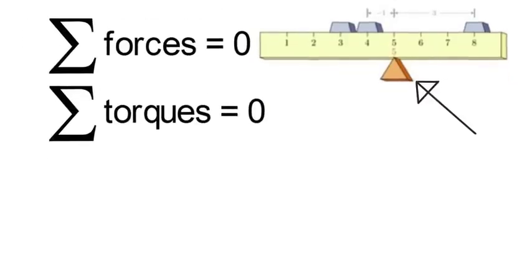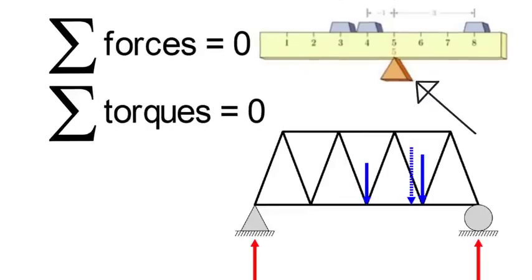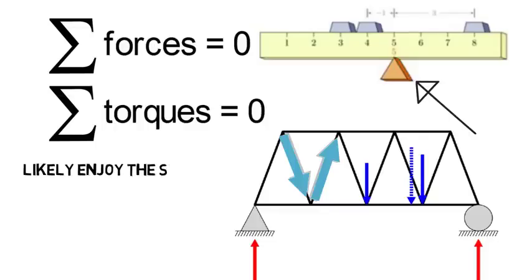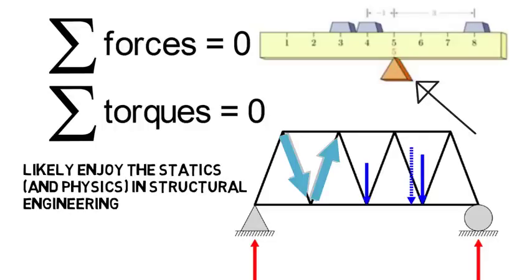So if you're looking at the forces within a bridge or truss, well, the same principles apply, but now there's just more to it. The weight is straight down as shown in blue, all the beams exert forces on one another, but the sum of them is equal to 0, and the torque sums to 0 as well because the bridge is not moving. And it's of course even more complicated than this, but if you enjoy that kind of basic physics you see above, then you'll likely enjoy the statics and physics you see in structural engineering. So that's just a very simplified explanation, but now let's dive into some of the classes they would take.